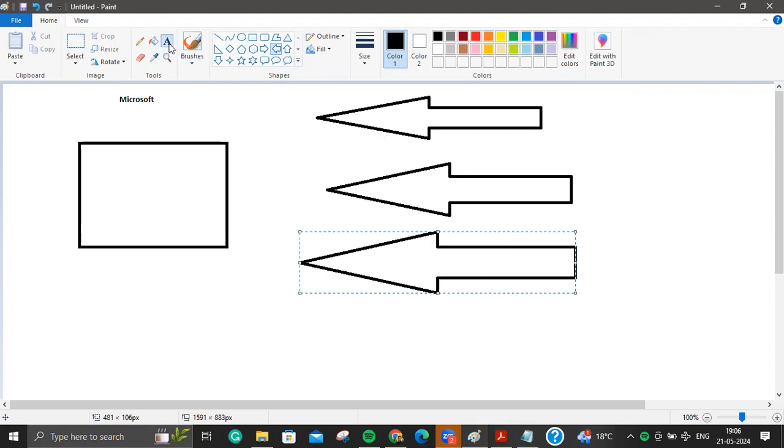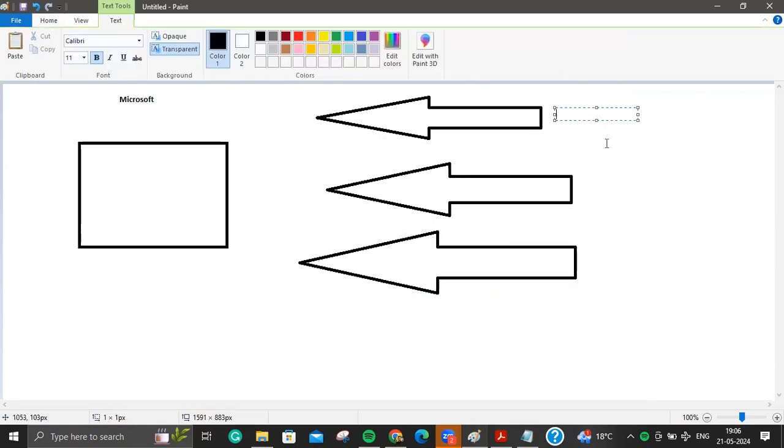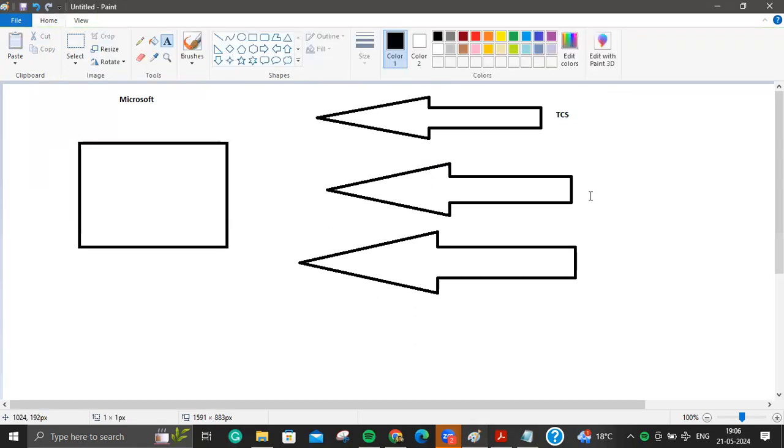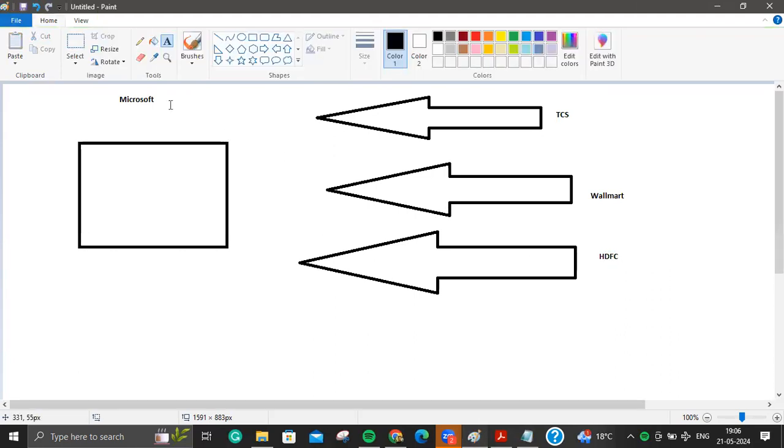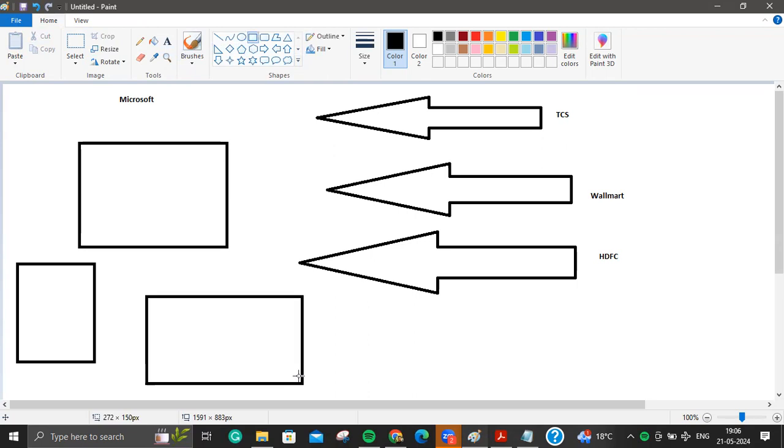Suppose TCS came to Microsoft, and suppose Walmart came to Microsoft, and suppose HDFC came to Microsoft. So different companies came to Microsoft, and Microsoft has different servers, data centers all around the world, and all the data centers are connected.